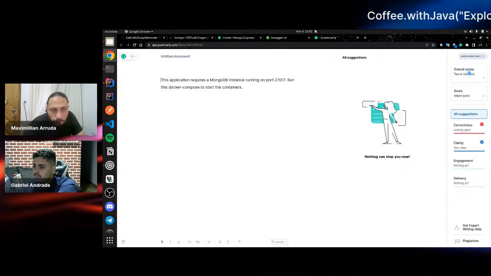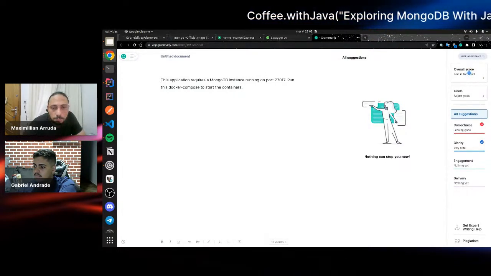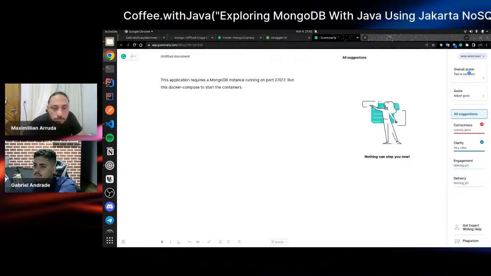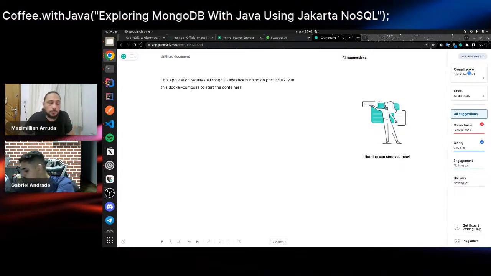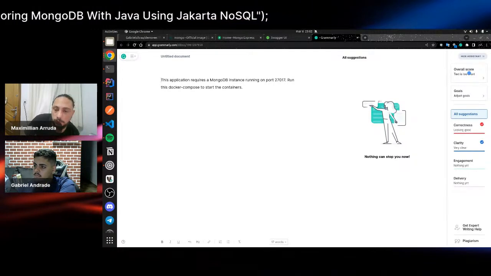All right, this one has some conventional commit patterns that you could use when you are writing commit messages in your repository.